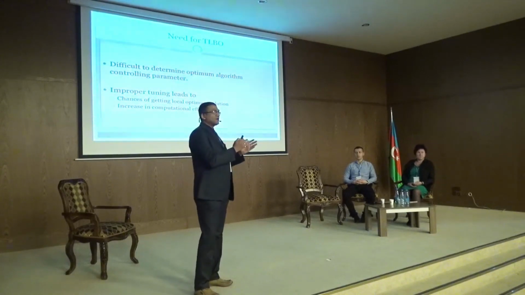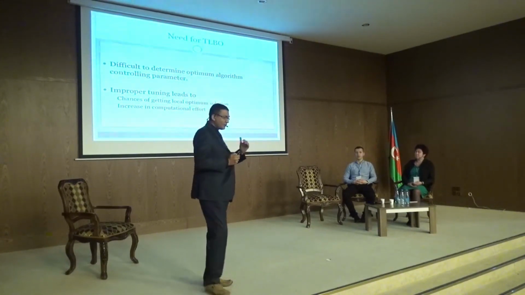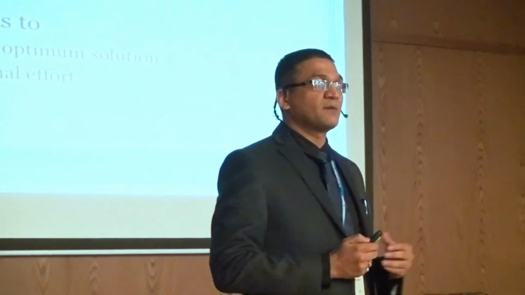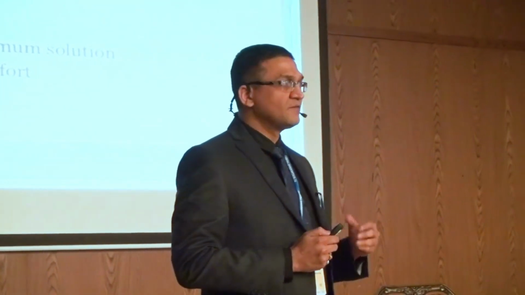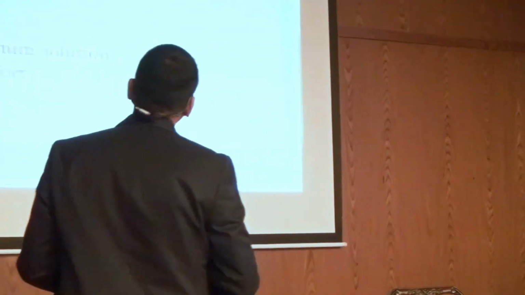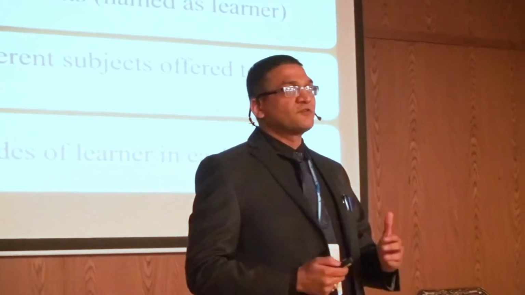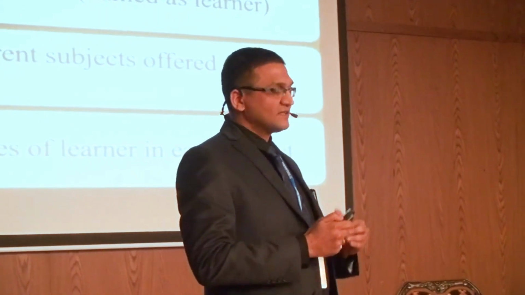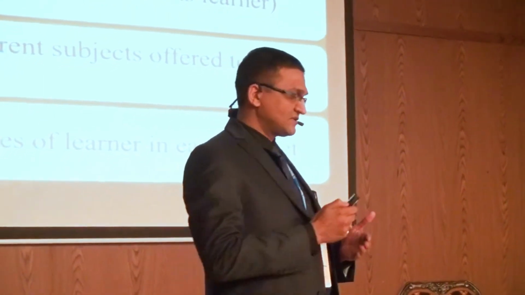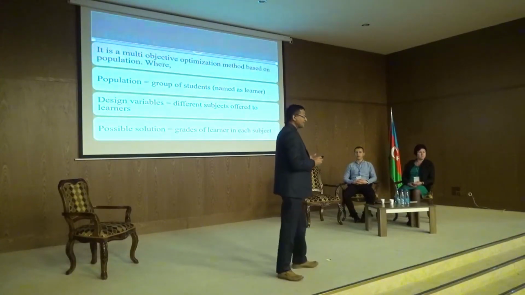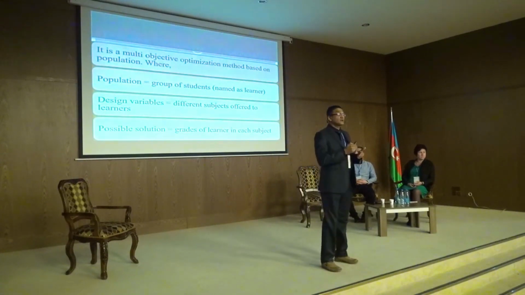So in the previous algorithmic approaches, we are dependent on these algorithm-specific parameters, which is a kind of challenge to deal with. But the beauty of this algorithm is that there is no need for algorithm-specific parameters. We only need some common control parameters, that is the population size, which we are dealing with, and the number of generations, that is, up to how much optimality you want to attain.